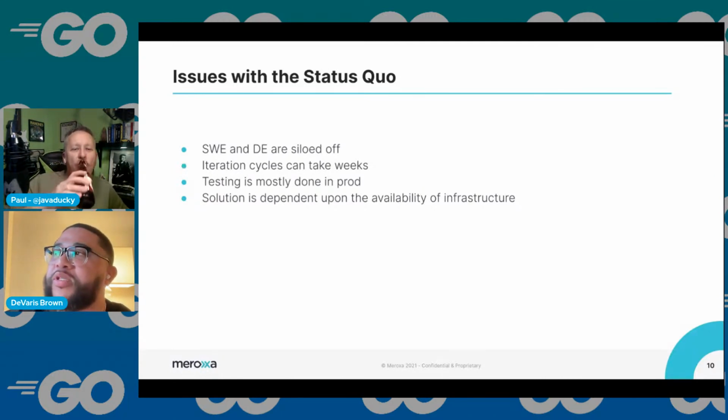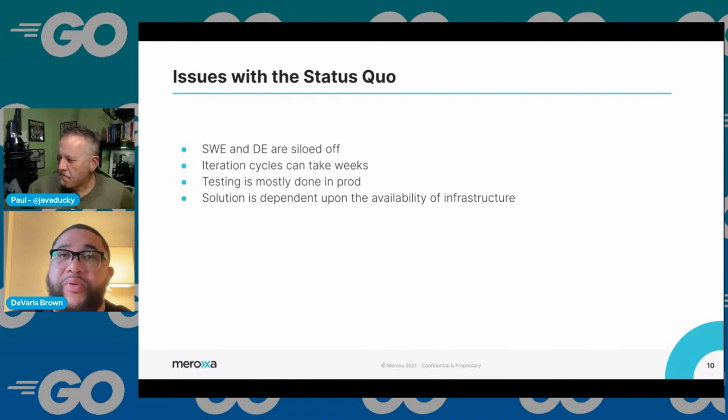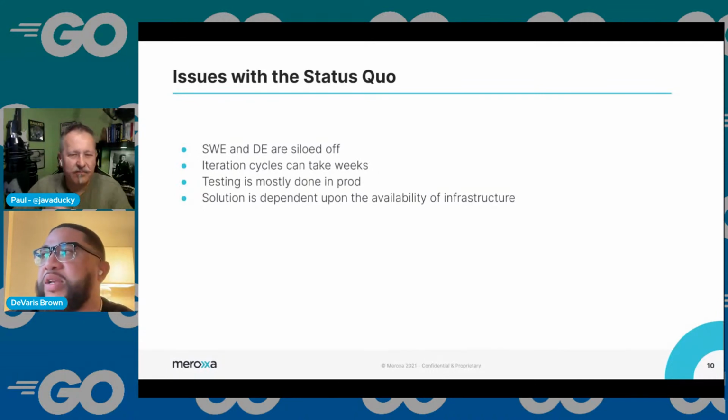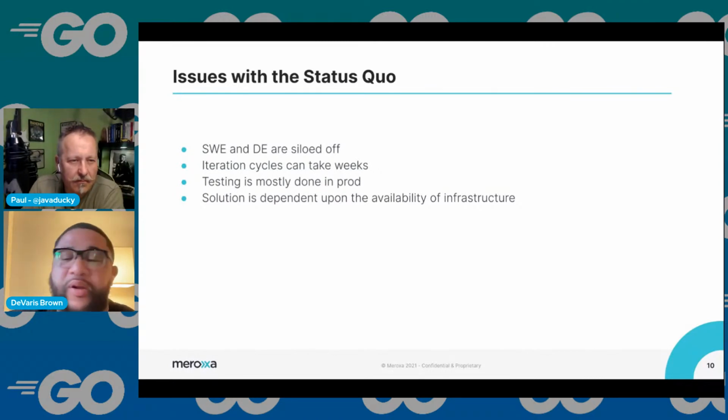The other part, which is kind of odd, is a lot of your testing is done in prod. And if it's not, then you basically have these two very, very expensive environments to run data through, right? And now you've got to maintain backups and all that type of stuff. So really your solution is dependent upon the availability of the infrastructure and the expertise of the people running that infrastructure, right? So I need to go call Jim the Kafka guy, or I need to go talk to Jane